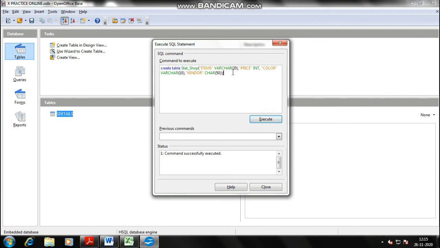So just let me add one entry here, right? Let me add one entry. So how to add an entry here? Because you have created a table successfully here, so you will write insert into table name stat shop.